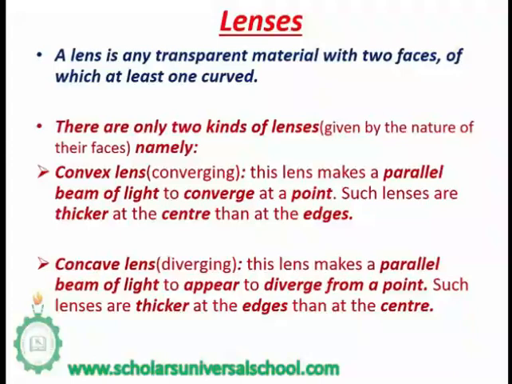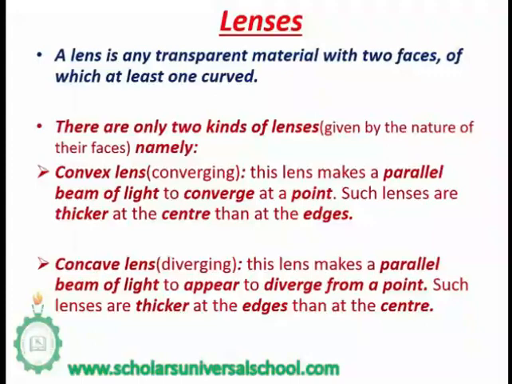While the concave lens or the diverging lens is a lens that makes a parallel beam of light, notice that we're always using a parallel beam of light, but now instead of making it converge, it makes it appear to diverge. Meaning it is not actually diverging from that point, but it makes it appear to diverge, giving us an apparent image, which is a virtual image. So a convex lens is going to give us a real image, while the concave lens is going to give us a virtual image. This type of lens, the concave lens, has the edges thicker than the center, meaning the center is